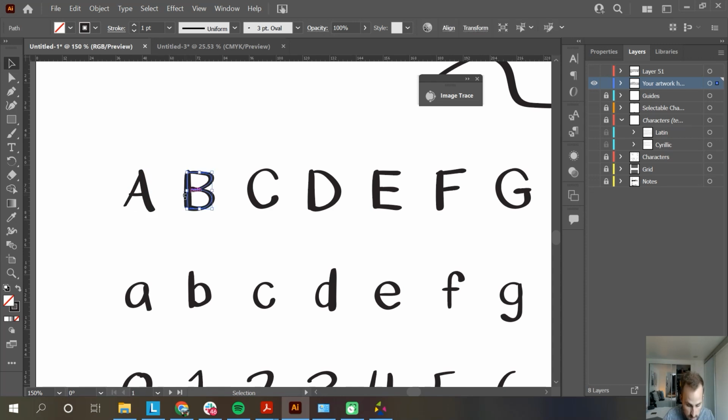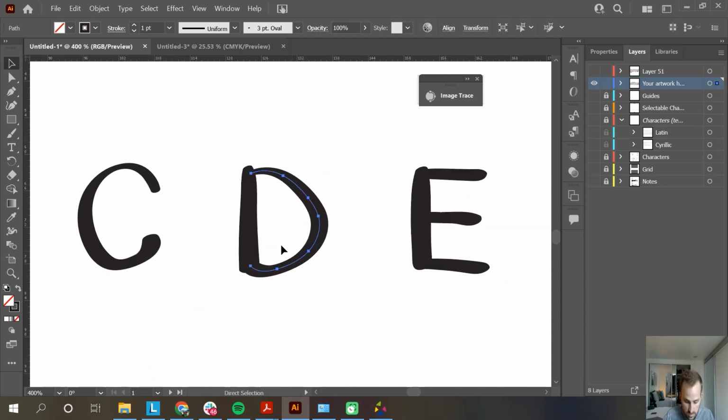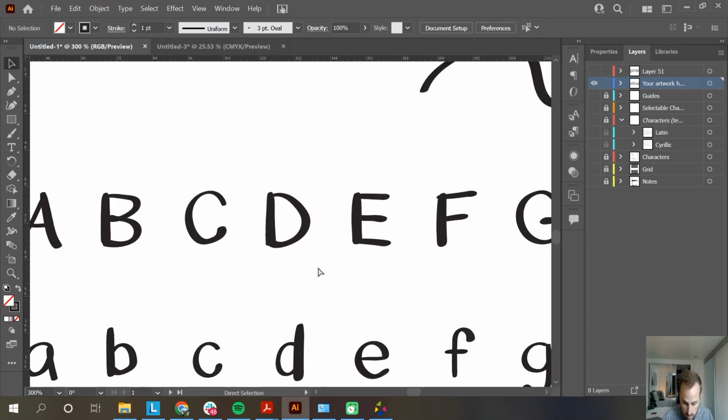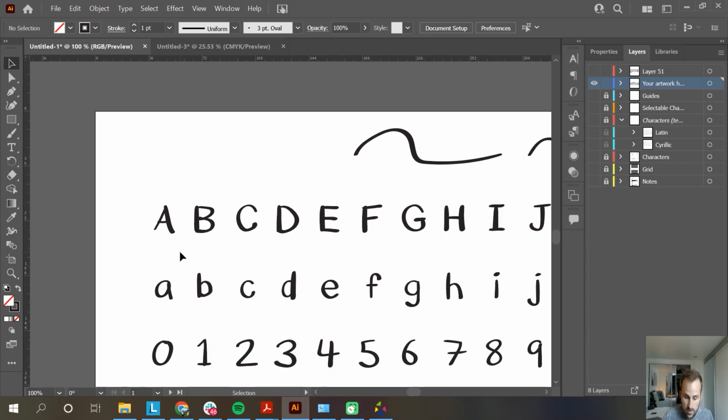We can see that some of these letters are made up of multiple strokes. The D, for example, here you have one for the curve, one for the straight line. And so if we were to upload these as they are and try to create our font, then the software would get confused because we have multiple strokes here, and each one is its own object, and it doesn't know which is meant to be the character. So we have to group all of these strokes to create a single object so that Fontself will understand which ones are supposed to be